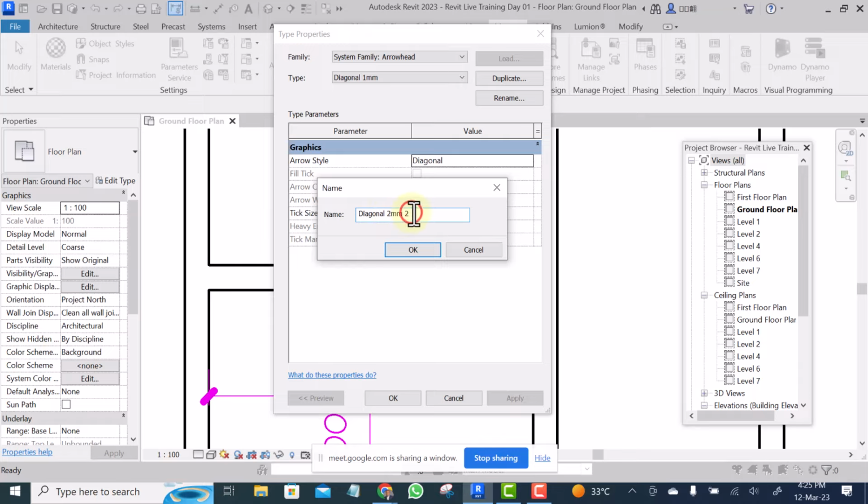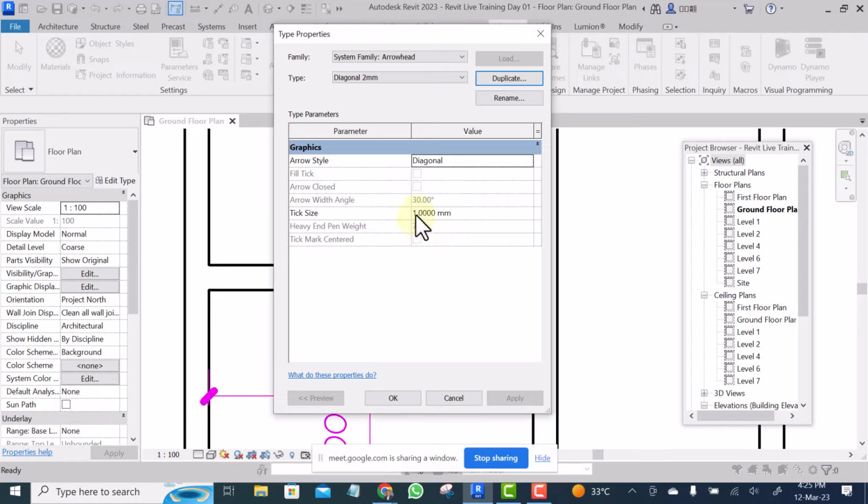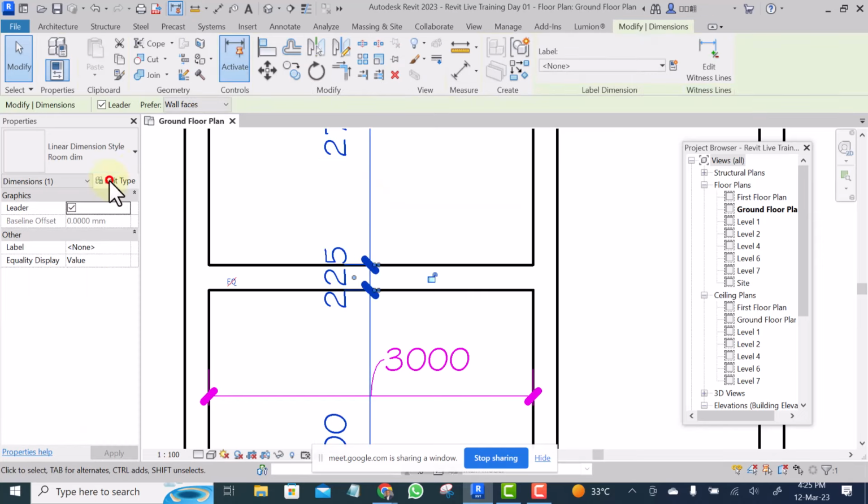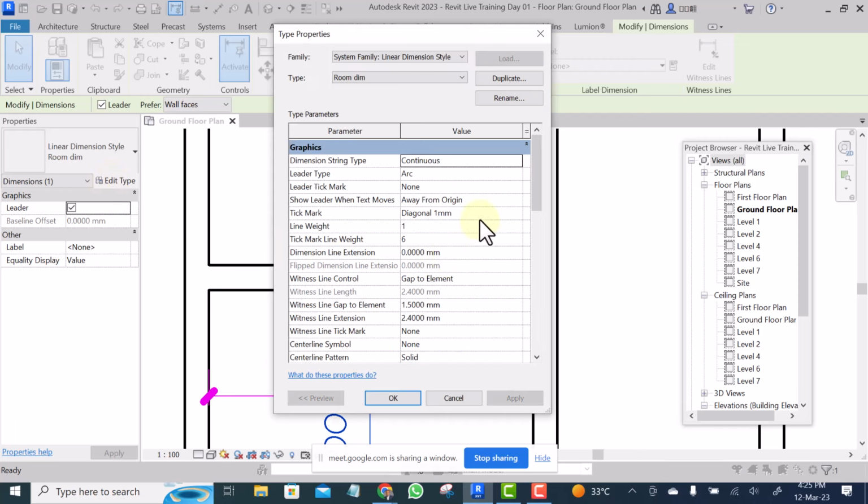2 mm. Let me remove this 2 and click OK. And the size should be 2 mm and click Apply. Click OK, and it has not changed yet. To make it change, simply select the same dimension and click Edit Type. You will go to tick mark, click on the drop down. Now you see diagonal 2 mm has come now. So we can select that particular one, and